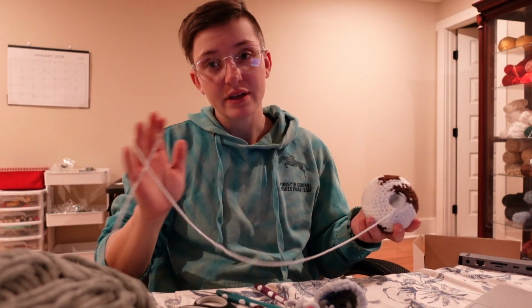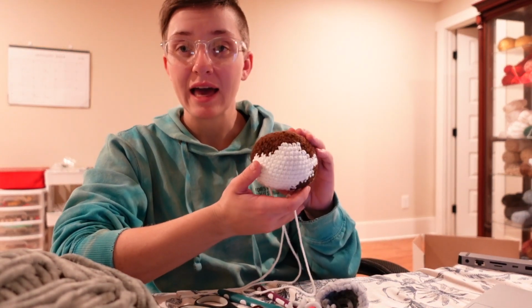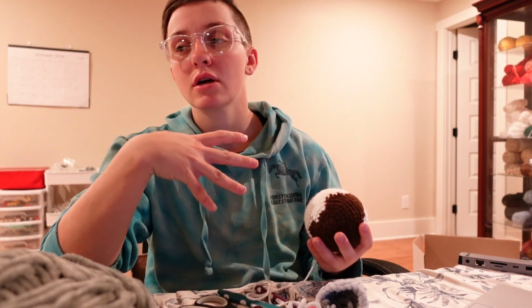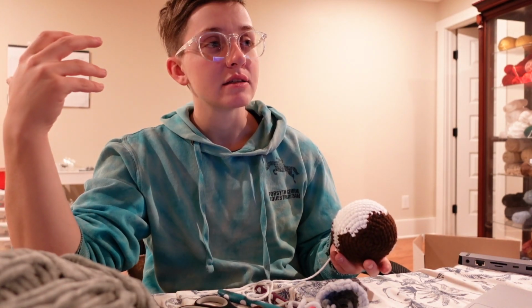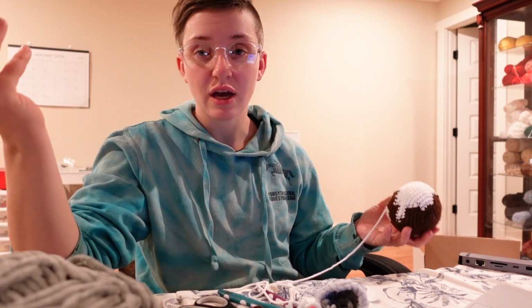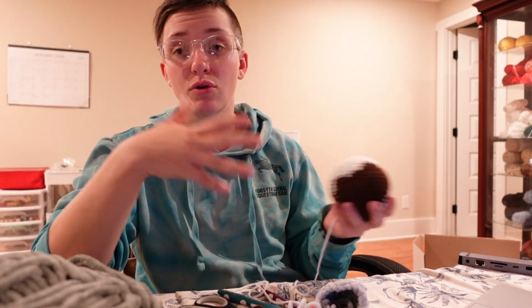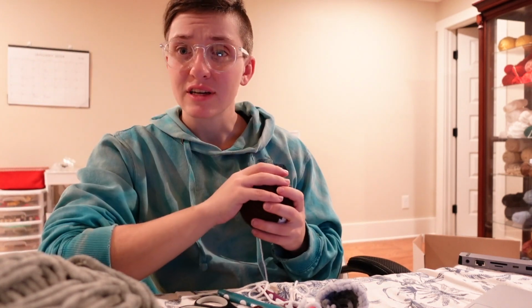This is the culprit right here, which has been taking up most of my time today: this headpiece. This is supposed to mimic someone's horse, and the last couple horses I've had have all been solid color chestnuts. I haven't had to do any crazy color changes. Most of the whites I've just gone in and sewn on afterwards,